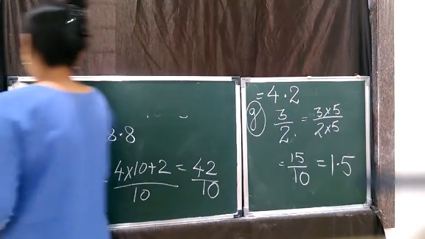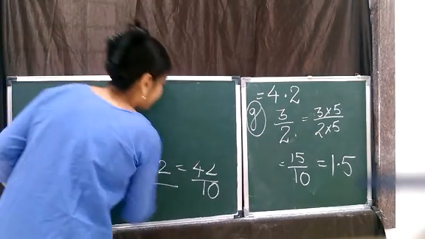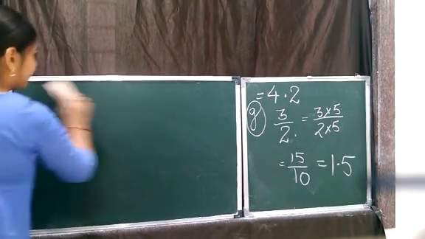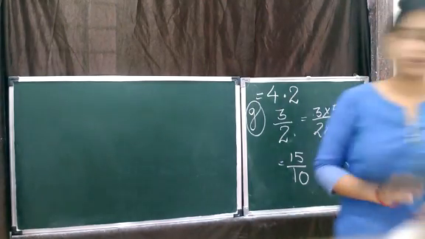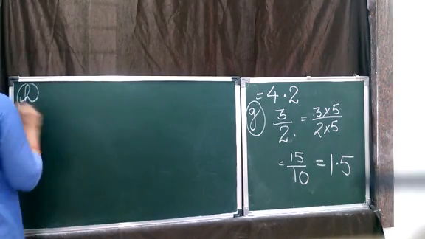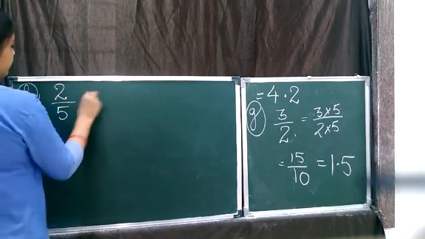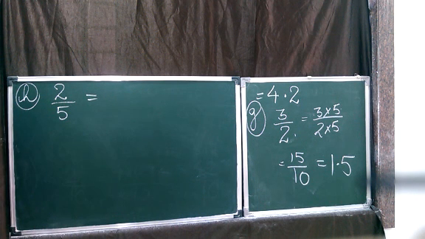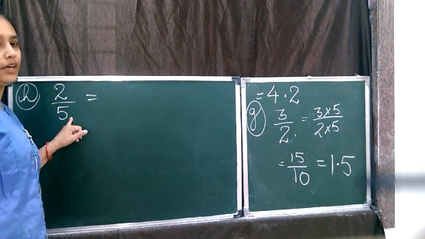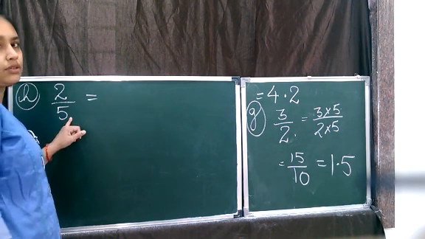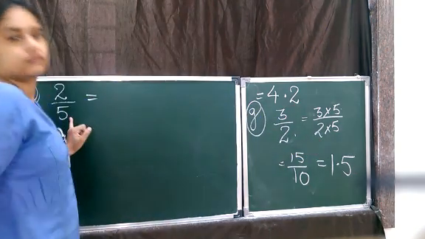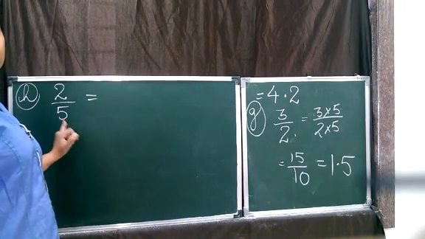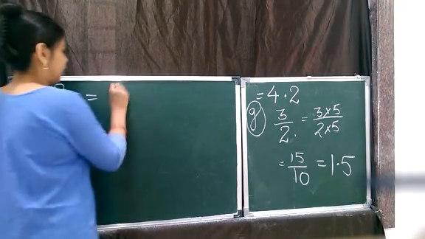This is G. Now we start with H. Again, you can see there is no 0 here, so we have to bring a 0 here. So by what should you multiply this 5 so that you get a 10 or a 100 or a 1000? First we check for 10. You can see here only. Here. Yes? So what should you multiply here? You multiply here by 2 so that you get a 10.